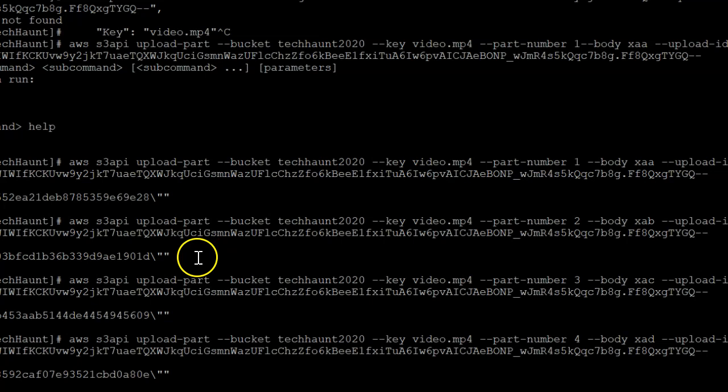Now we have split the file, we have uploaded the file, and now the last task of this lab is to complete the multi-part upload. So we are going to join all the chunks together.